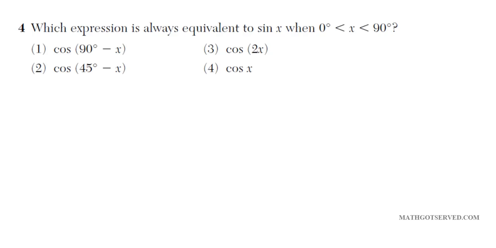Okay, let's take a look at number 4. It says, which expression is always equivalent to sine x when x is between 0 and 90 degrees? So to help us answer this question, let's go ahead and draw a right triangle. What do we know about right triangles? We know that other than the 90-degree angle, the other two angles are less than 90 degrees and greater than 0. Okay, so let's call this angle